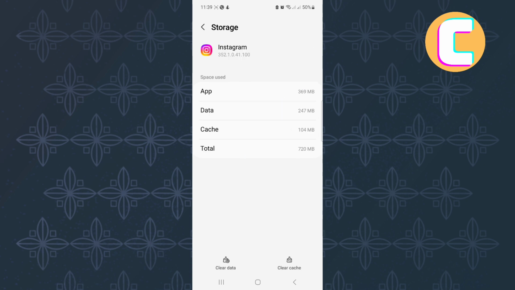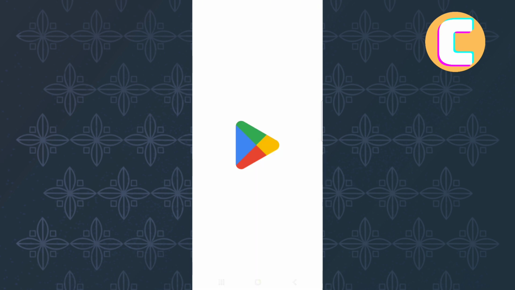On this page, there are two important options at the bottom of the screen. From those options, make sure you tap this option here named Clear Cache. That will then clear the app cache. This will ensure the app runs smoother, and also it removes corrupt files that may be causing errors on the app. After that, exit this section and open either the App Store or Play Store, depending on the device you